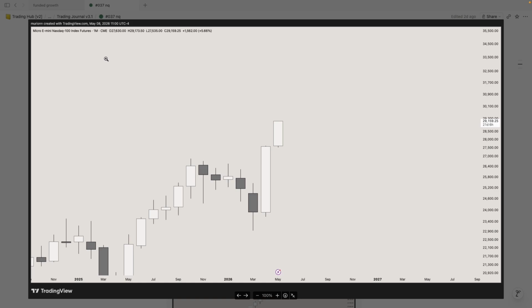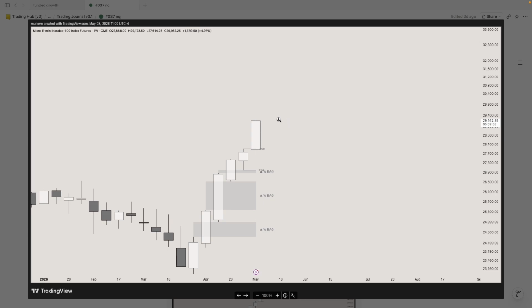So right now we are on the monthly chart. What can we see on the NQ? We can see that the monthly candle, this one, closed above this swing high, which means that the next candle is expected to be continuation, which is happening, so in this one right there. Then once we see we are on the weekly chart,